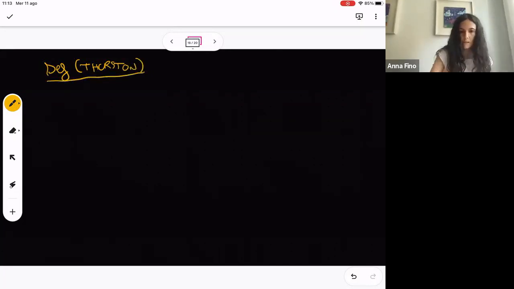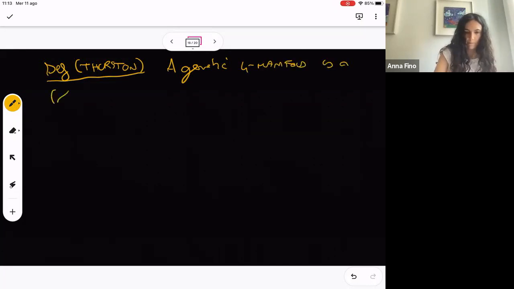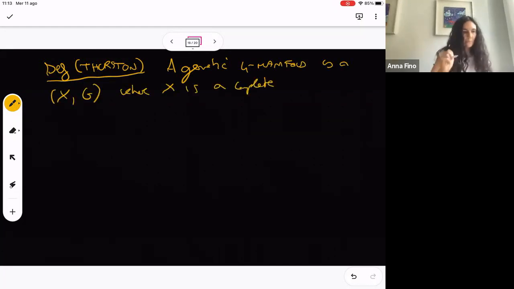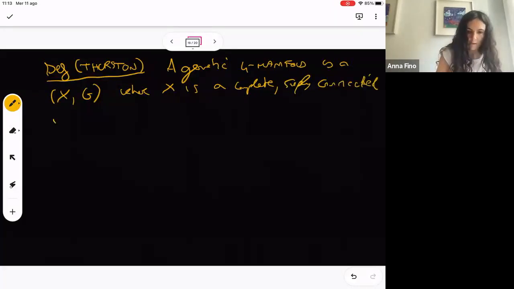So remember that a geometric four-manifold is just a pair X and G, where X is a complete simply connected Riemannian four-manifold,